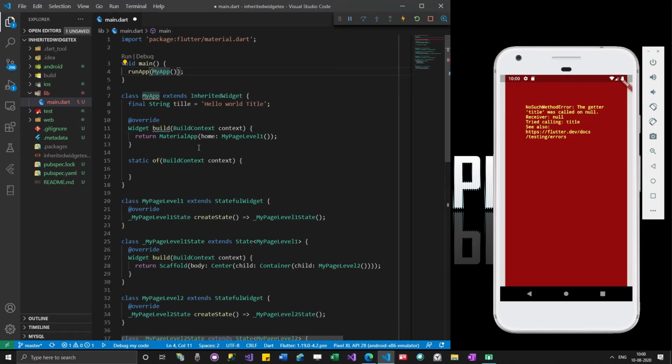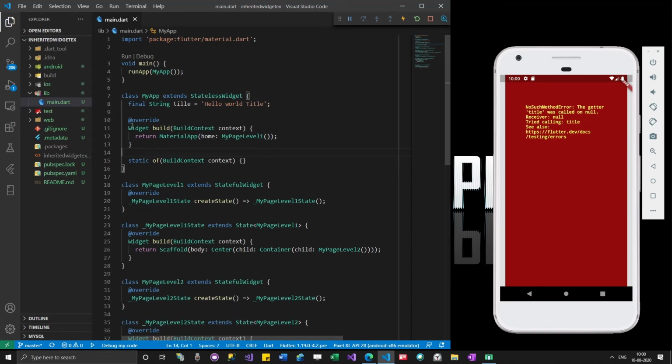Either it has to be a stateless widget or a stateful widget. I haven't tried passing an inherited widget so far, and it might or might not work, but as far as I know, we always pass a stateful or stateless widget to runApp. Since we are passing MyApp, which is a stateless widget, we cannot make it an inherited widget and pass it over here.